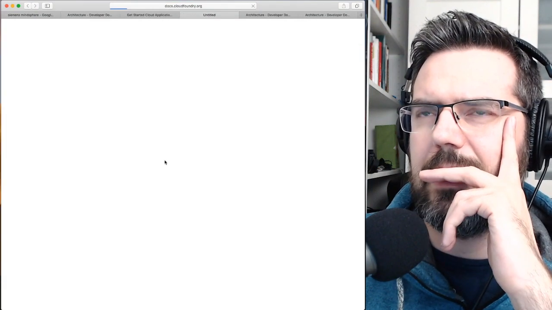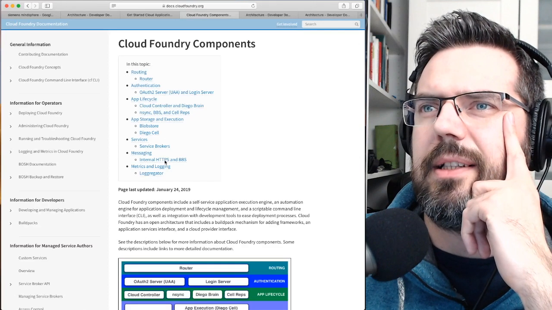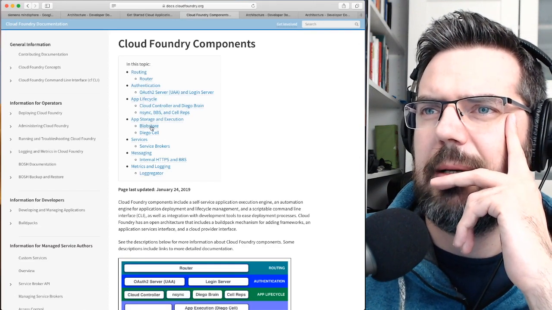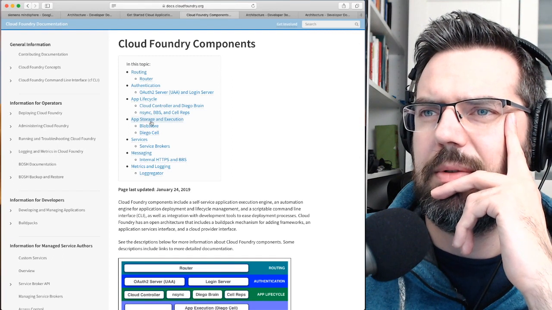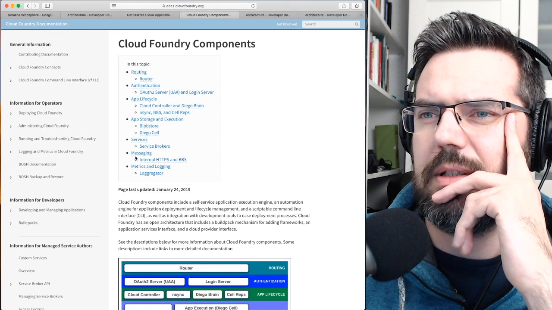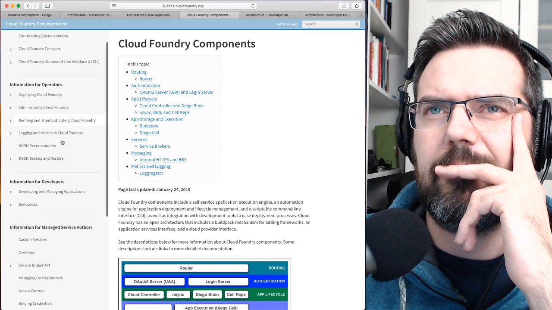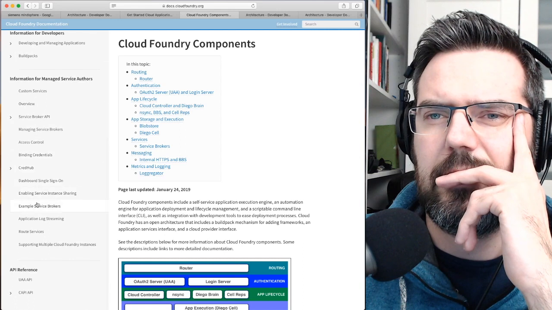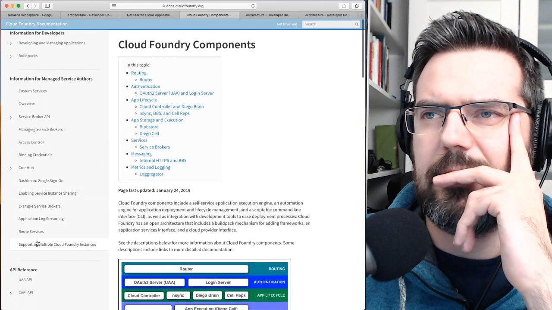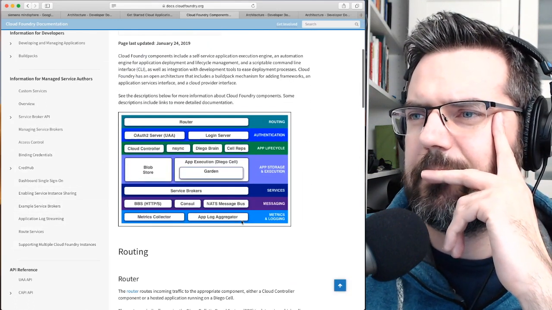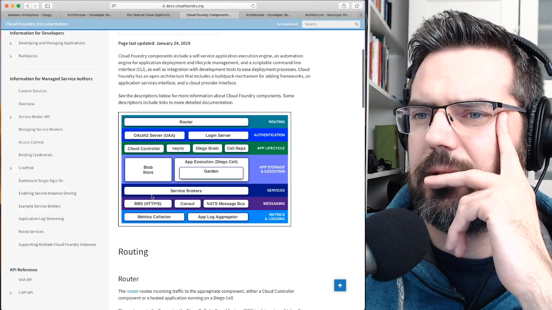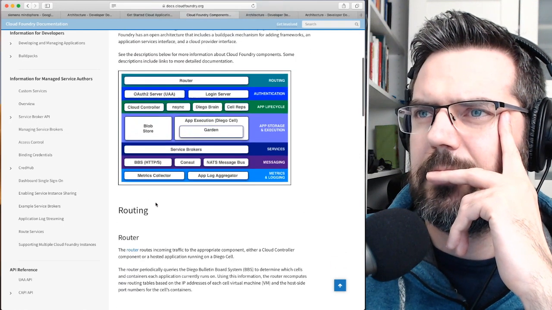Cloud Foundry components. Now we're getting somewhere. Architecture, routing, authentication, app lifecycle management, app storage, execution, services, messaging. Okay. Interesting. There we have some log aggregators, service brokers, blob storage.